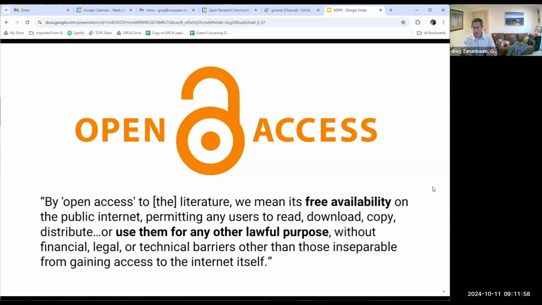With the internet, the idea that you have to go to the library to photocopy a copy of an article, well, that was just silly, right? All these things are available in PDF or HTML. Everyone should be able to access them, with very minimal barriers. And so this created this idea of open access to literature, free availability to read and to reuse this content without barriers, right? Knowledge as a human right.